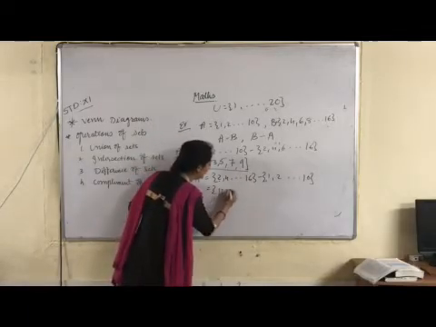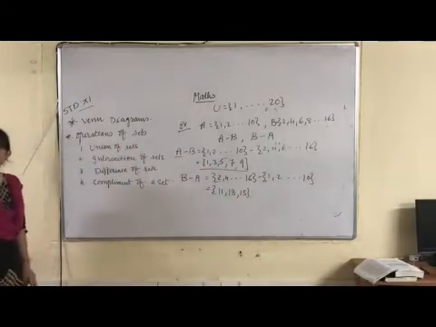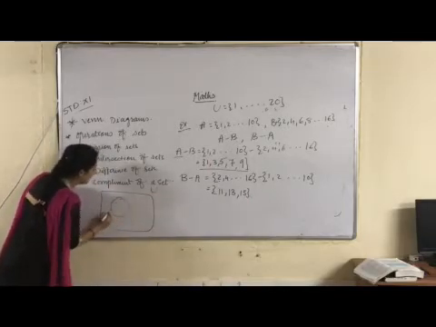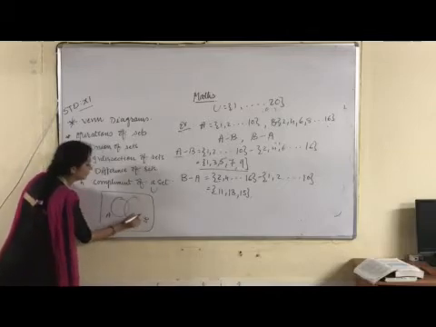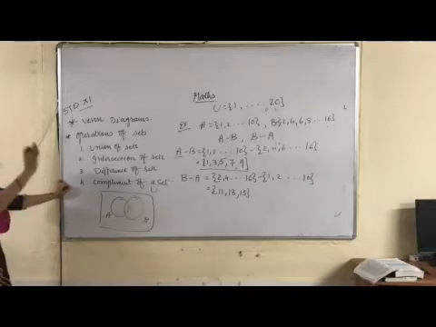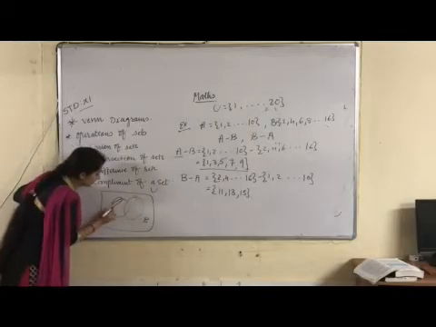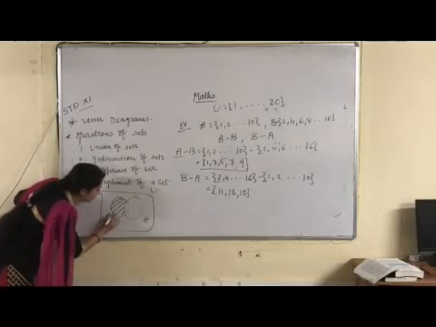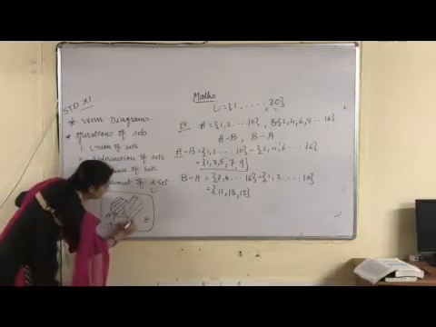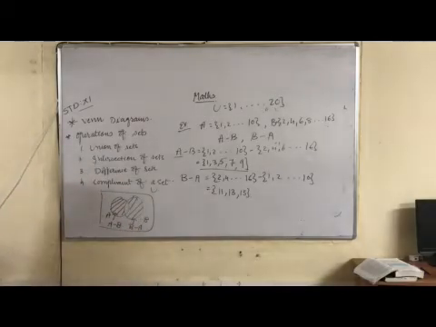How many elements are with you? 11, 13 and so on. Is there any doubt? Now, this one is your Venn diagram. This one is set A. This one is your set B. So, A minus B means what? From set A, we will remove set B elements. It means the common elements only we are removing. So, this region is known as A minus B. This region is known as B minus A. Till here is it understood?